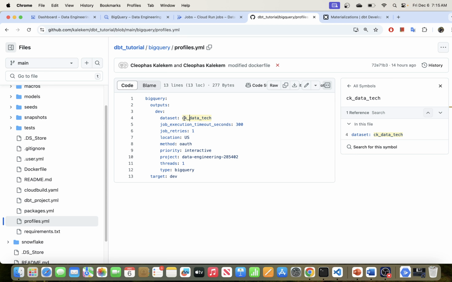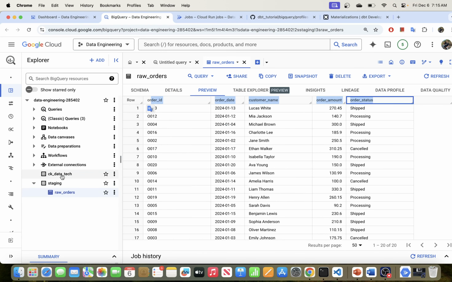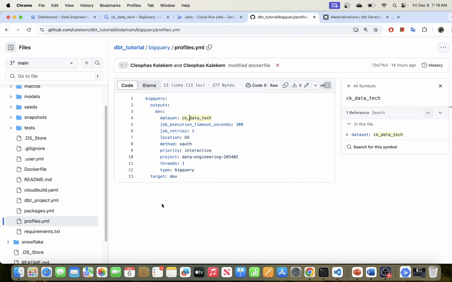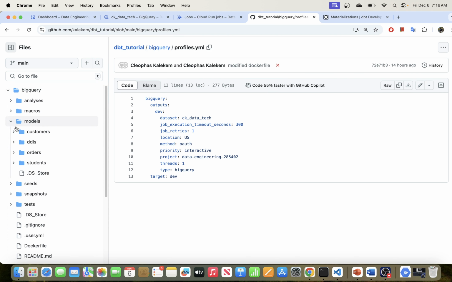So we have defined here the dataset that your DBT models will be created in. So this is CK data tech. If I go to BigQuery, that is this one right here. So if I refresh this environment, you will see that we don't have any table in CK data tech. Okay, so we don't have any table here. But now when we run our model in Cloud Run, the transformation, so this is the table that I was showing you here, when this model runs raw SQL,